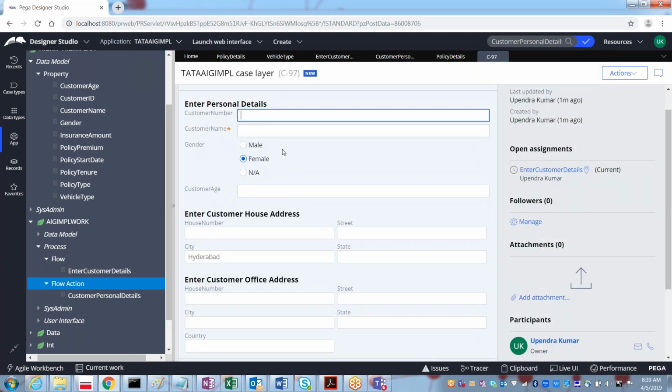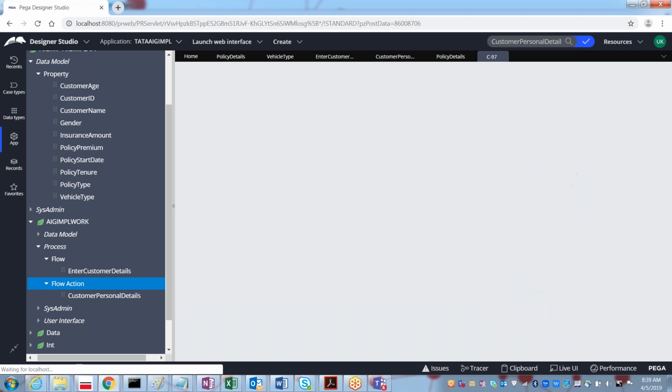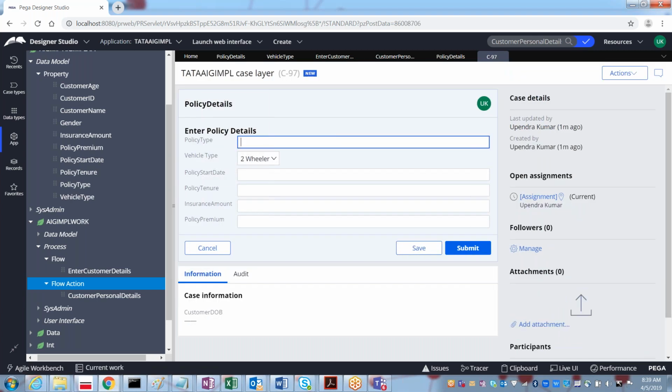In the standard flow, after giving the personal details from the first screen to the next screen, can I go back to the previous screen? Now I came to the policy details, and I felt that I got some more customer information. Earlier I only entered that the name of the customer is Santosh, but I would like to enter his home address, his office address.